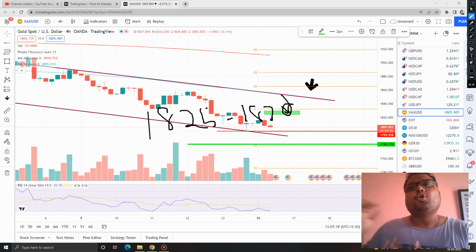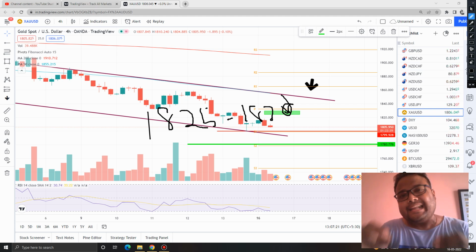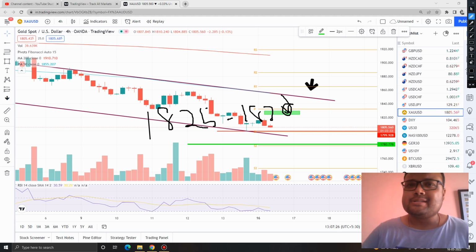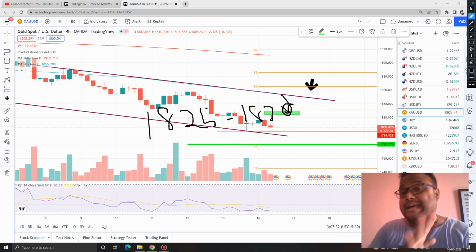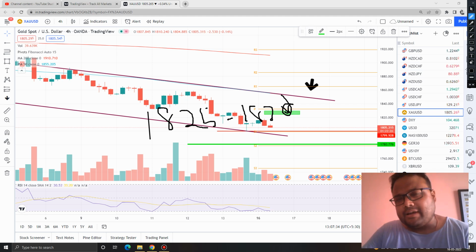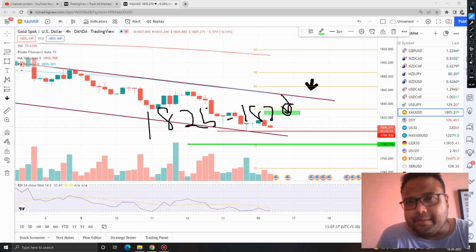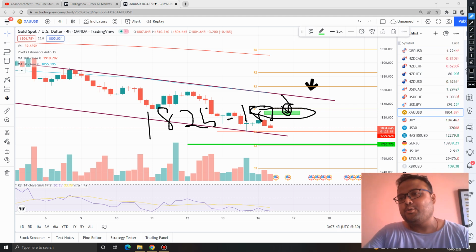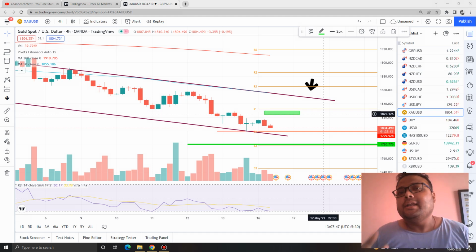Apart from that, though we have got support at the 1800 level, it's not reliable. It's not at all reliable. If the market bounces, then only can you hope for some sort of bounce. Otherwise, not at all. 1795 can be a small buy position in the market, but again not much reliable. Similarly, this is also not a much reliable level. See, this is the market, you must understand where to rely. A trader only trades when the opportunity is right. That is a harsh truth, a harsh reality, you must understand it. Hopefully you have understood.